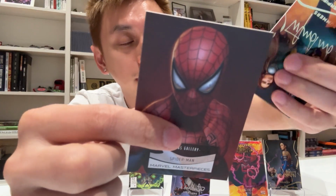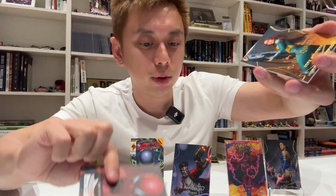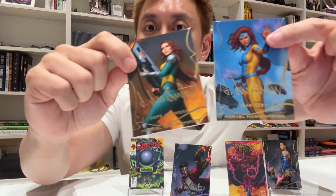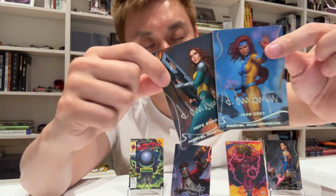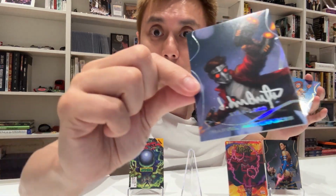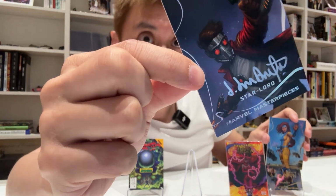Spider-Man Canvas Series. This looks pretty unique. And then we have an embossed. So, suspicion confirmed. These are probably one in every pack. So, not that special. The one that would be special is the actual signature with a serialized number, 1 out